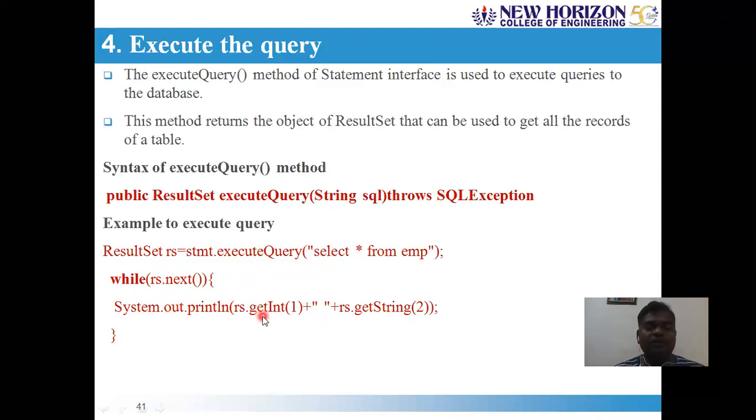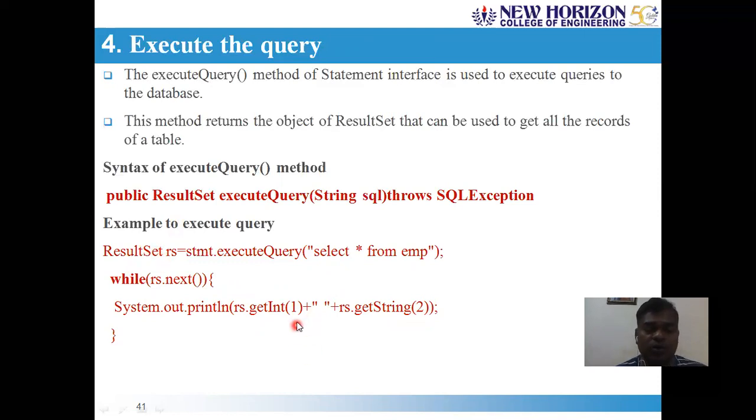If the first attribute is of type integer, then you should write it as rs, that is your result set object, rs dot get int of 1. So 1 means the first attribute, and 2 indicates the second attribute. In the virtual table, as a part of the result set object, the indexing won't start with 0.